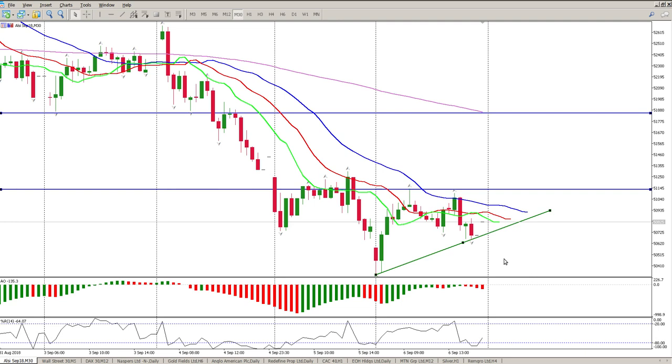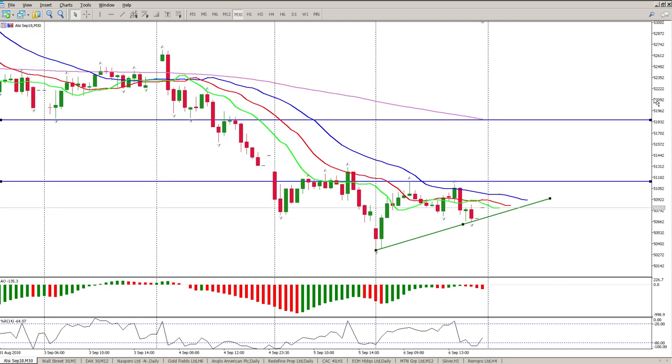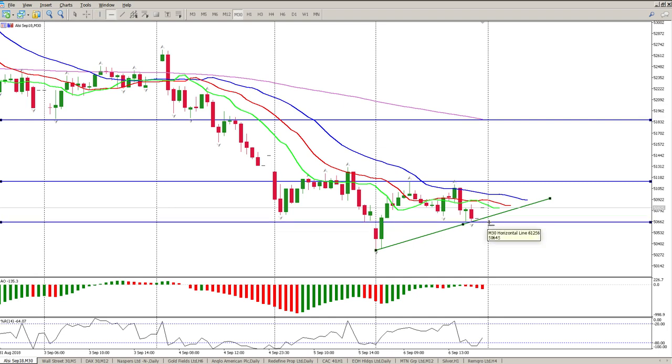Okay, so what am I looking for? A couple of things I'm looking for. So first thing is I'm looking for this low here of 50650 to hold. If that holds, then I can expect us to get to 51131. Okay, if we break through 51131, then you're looking for this level here of